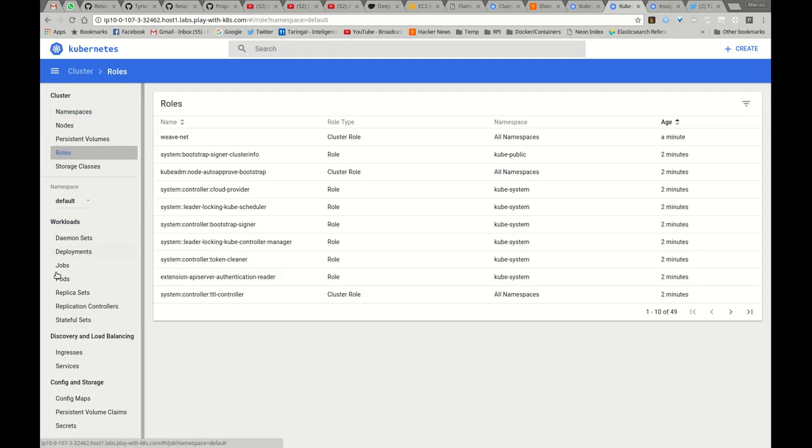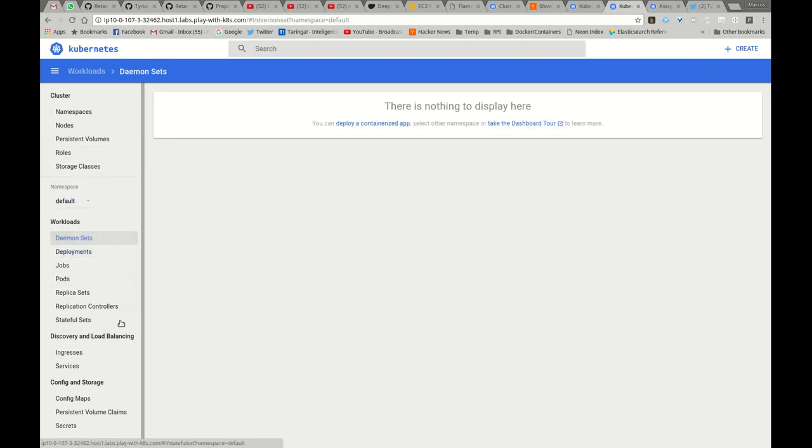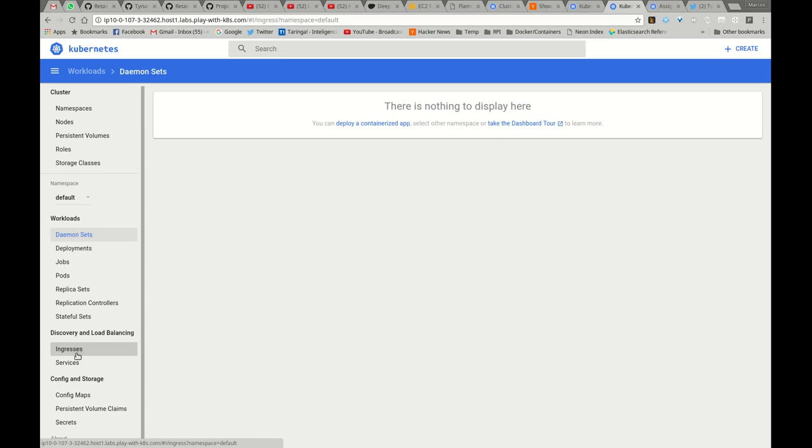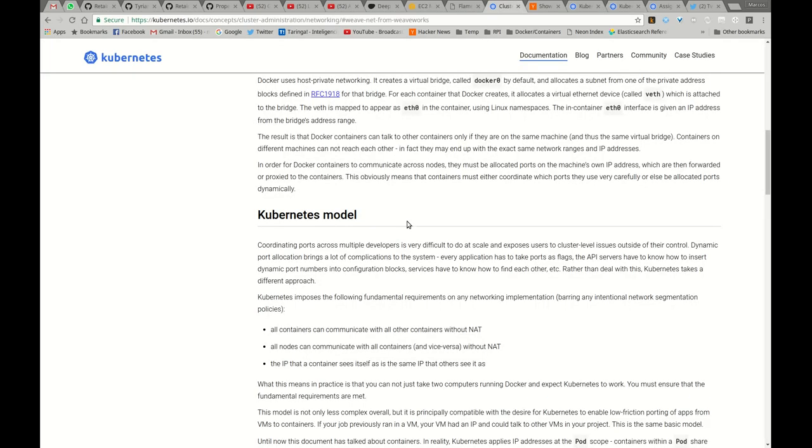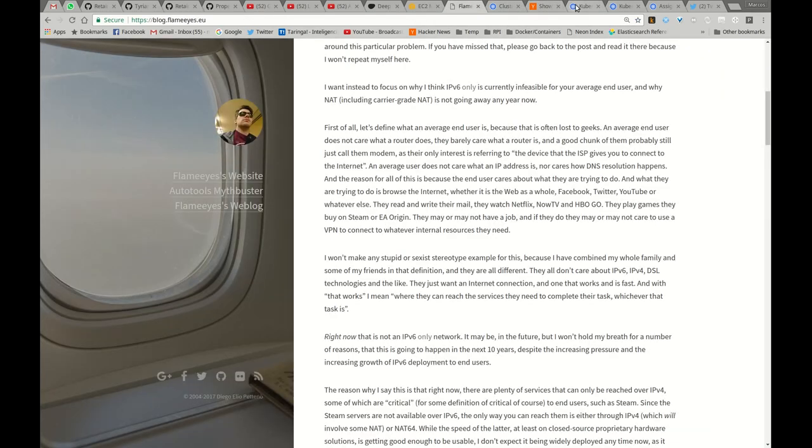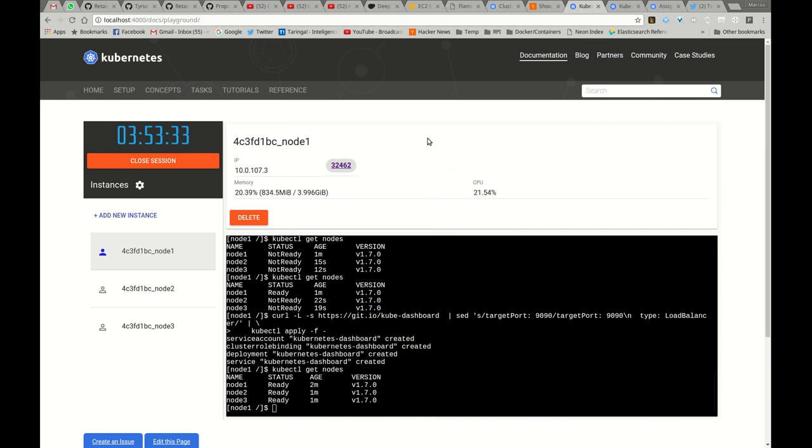I can see my roles, I can see all my namespaces, my deployments, my daemon sets, and I can do pretty much everything from here. The last thing that I would like to show you is basically how you can deploy a service and how you can actually test